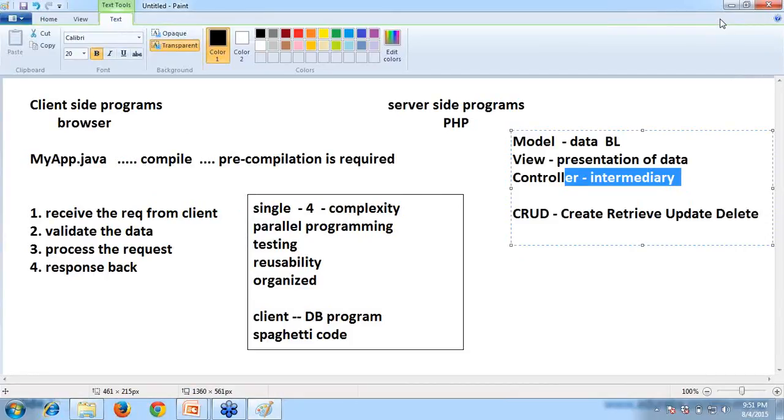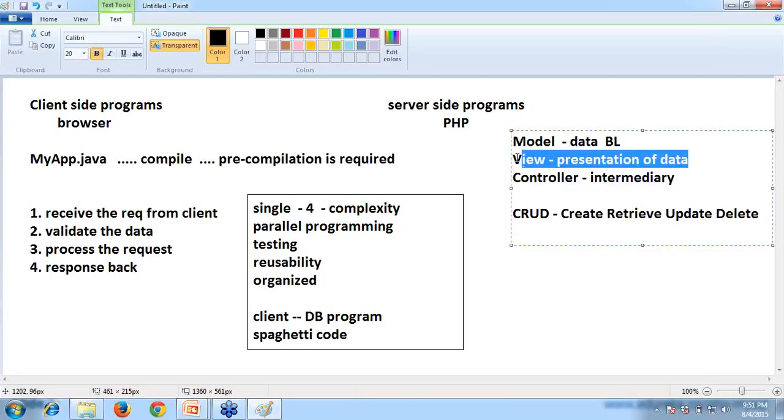In simple words, what is coming to the client side is called the view. The login page I showed you is the first type. Once I provide the username and password, it goes to the server, and the server gives all the mails to us. I can see my mails. So that is the presentation of data to the client.